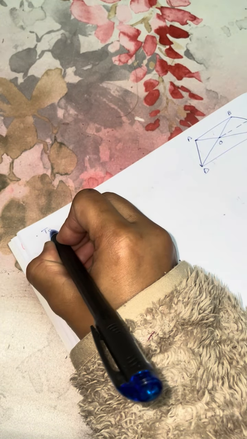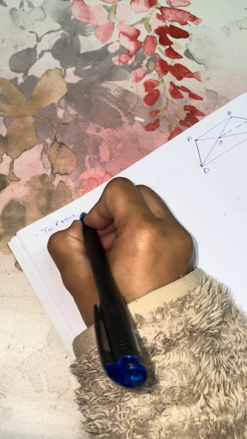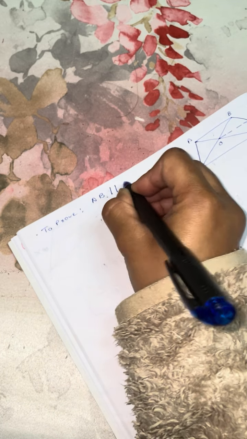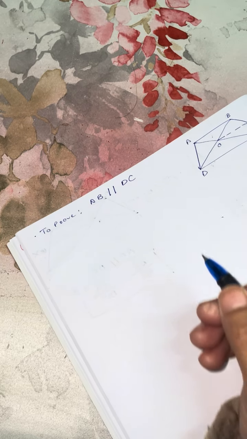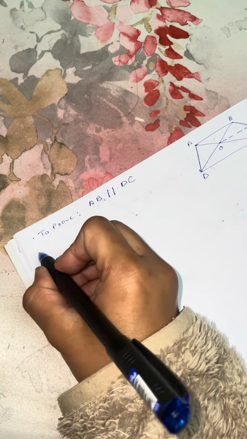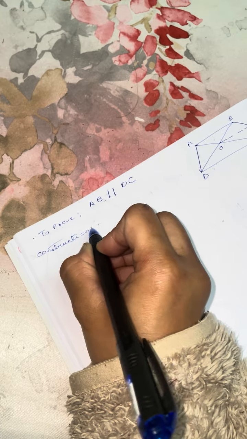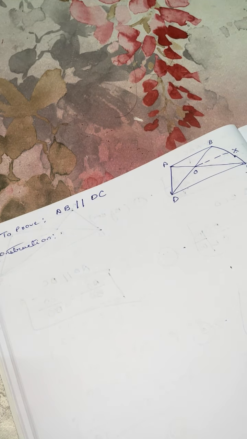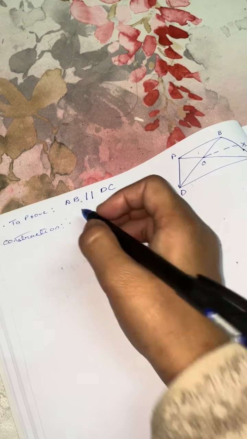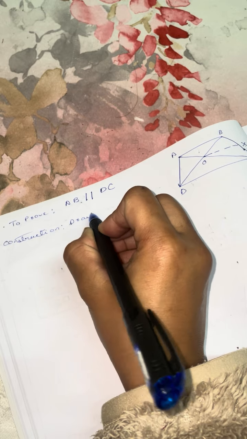Okay, we have to prove that AB is parallel to DC. To prove this, we have to do something in the drawing, that is a construction. Whenever there is something missing or incomplete in the diagram, you have to do a construction. Then in the drawing, we should draw